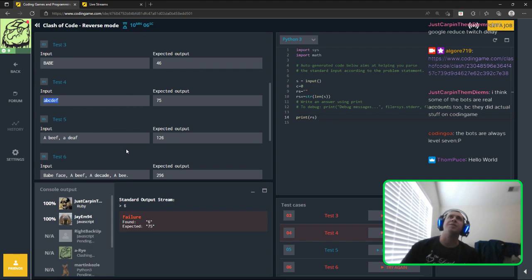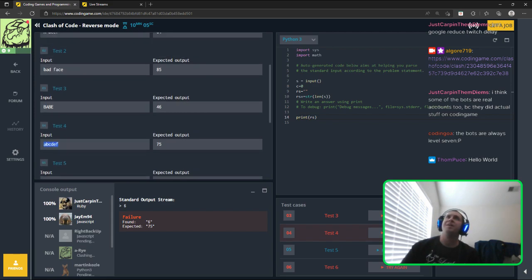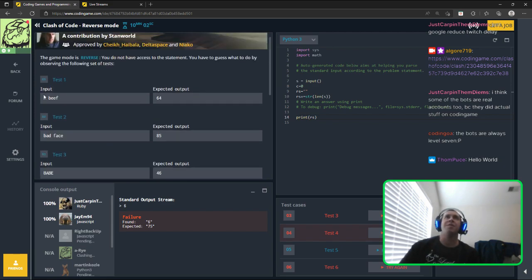A very perplexing reverse mode here that I thought I had figured out with like the length of it or the count of characters being the first digit. But that's not the thing. So it could also be